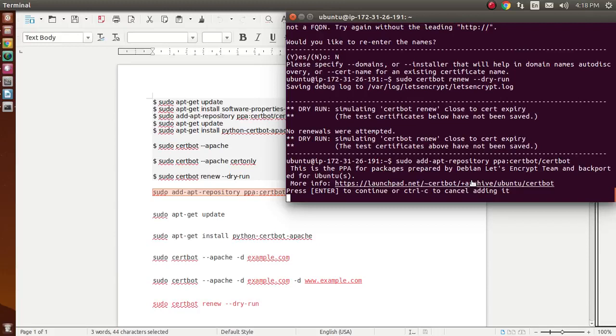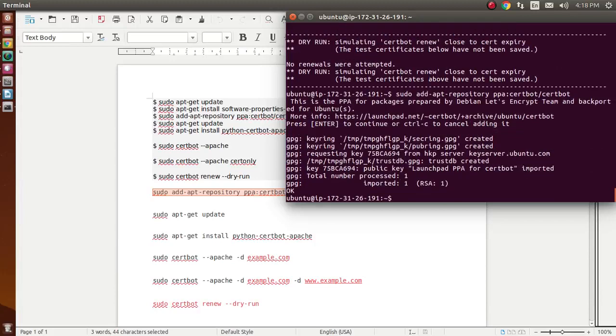Because Certbot is in such active development, it's worth using the repository to install a newer version than the one provided by default. So first add the repository. After adding the repository, you will need to press enter to accept, and afterwards update the package list to pick up the new repository package information.